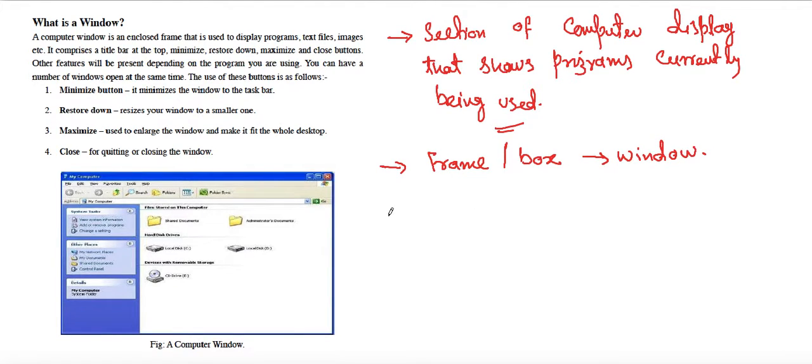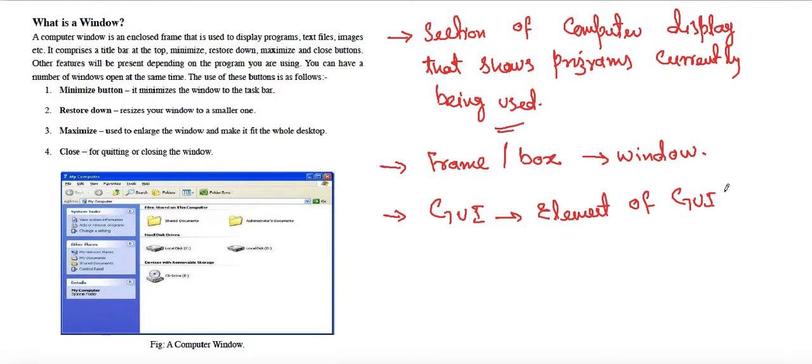A window is a part of GUI, that means graphical user interface. It is an element of GUI, and a window allows a user to work with multiple programs or view multiple programs at once.